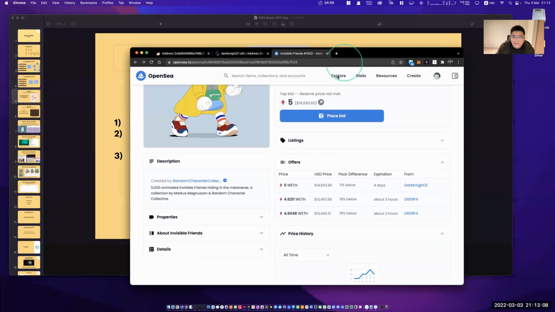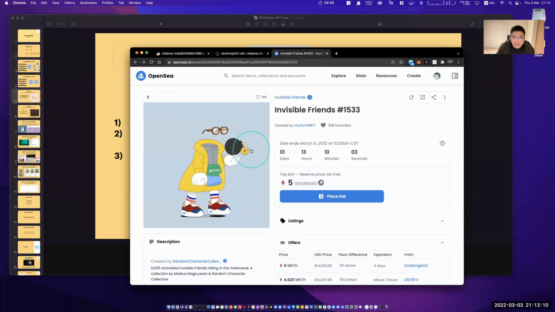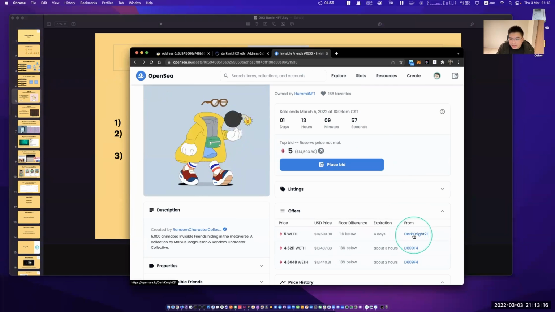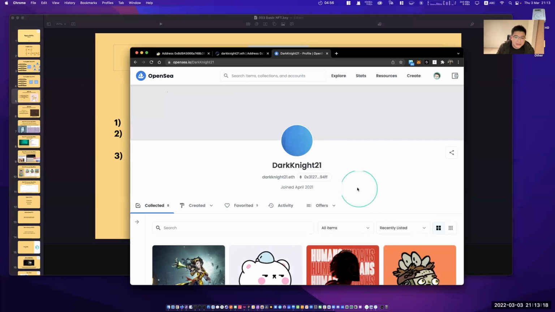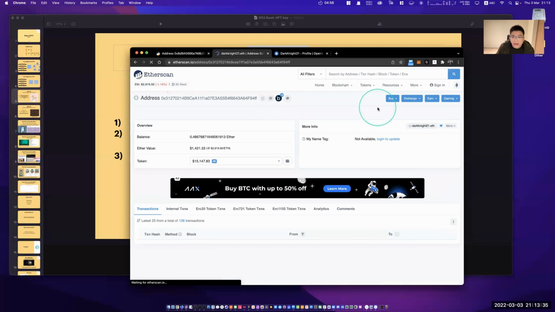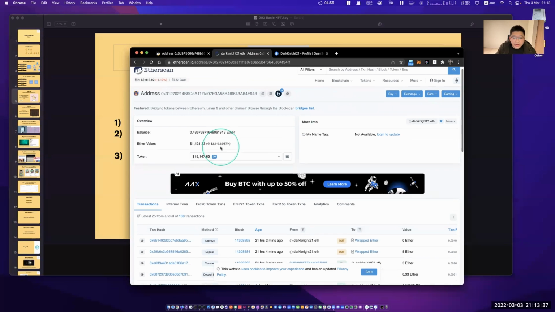For example, if I found this one, Invisible Friend, for the NFT, and I want to know how many NFTs this person, Dark Knight 21, has, I can copy his address and paste it here, on Etherscan. Address, click. After you click,